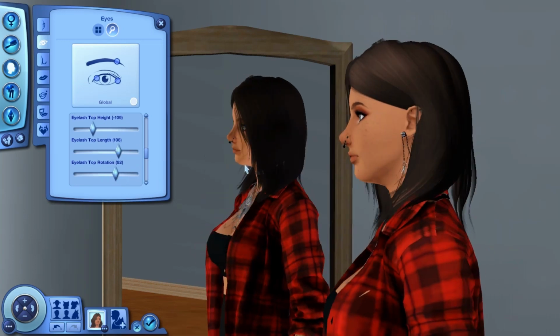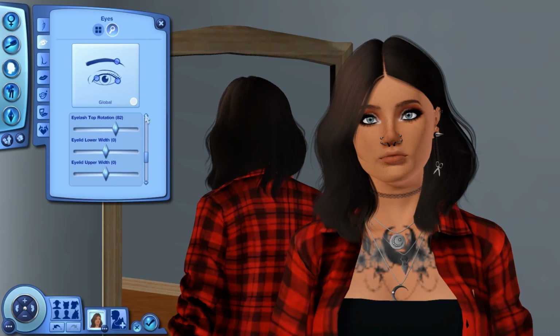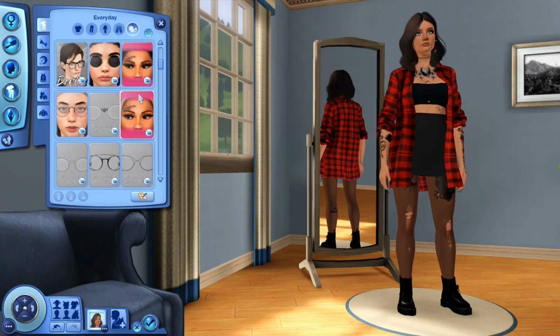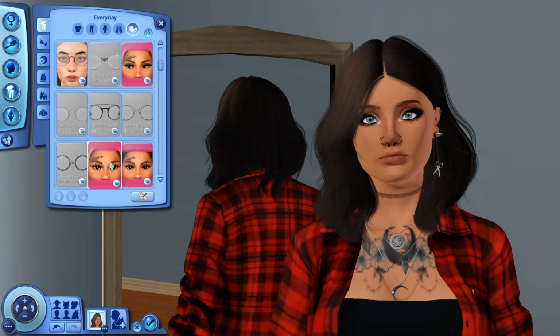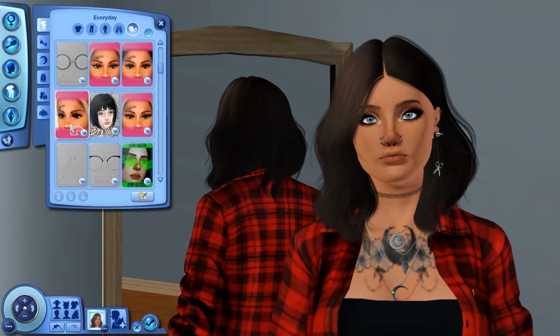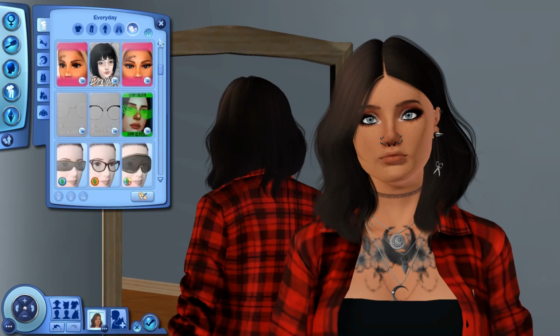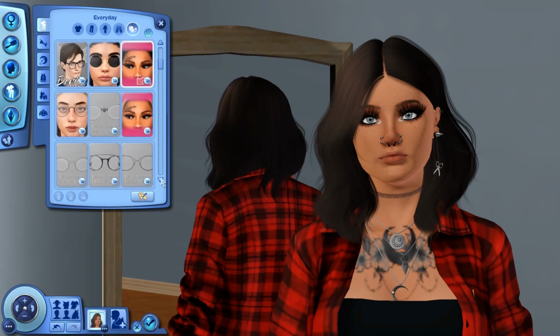But that was also partly why I went and added the accessory lashes, because they actually helped quite a bit. I do feel like she's a very cute sim, but I can't believe that I forgot to add an unnatural hair color option. But yeah, so I went and added lashes kind of like these. I can't remember what ones I ended up going with, but I felt like they fit the vibe. And you can see it obviously helped out a little bit with it not being as blurry, which was quite nice.